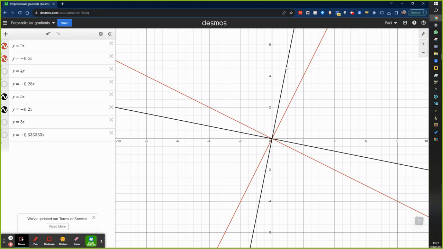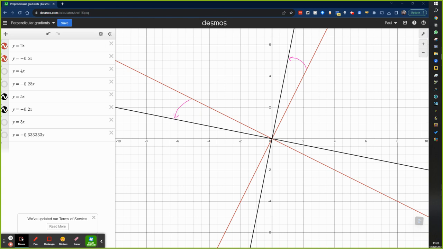And that makes sense because if you think about it, if we look at the red line here, if I were to rotate this to the black line, I'd have to rotate that down there like that, and so we would get a less steep black line over here. So